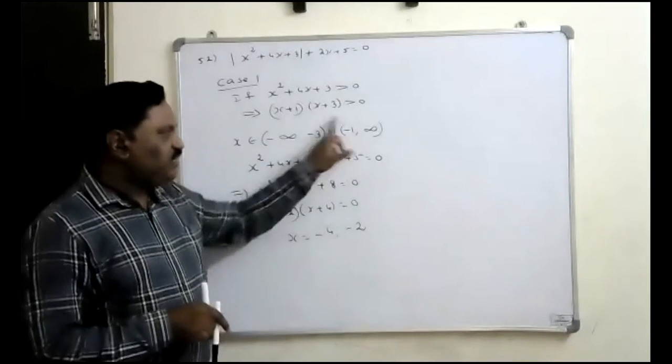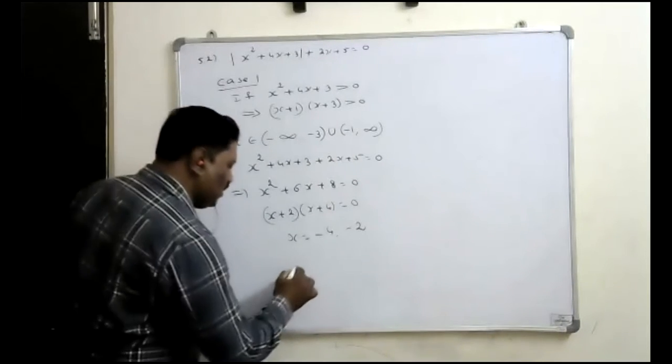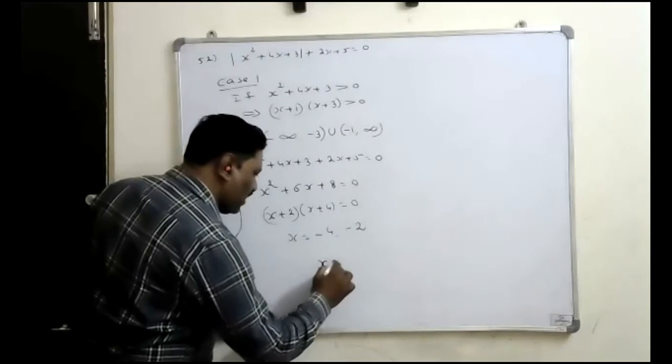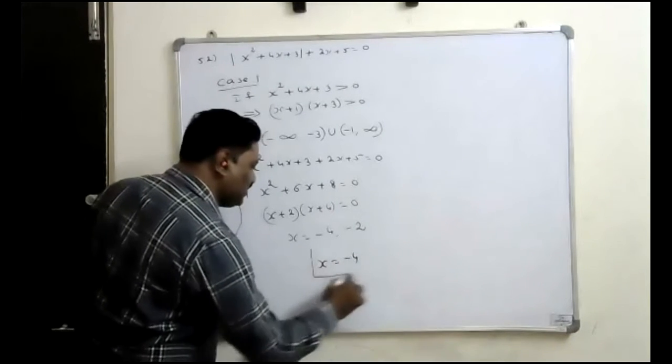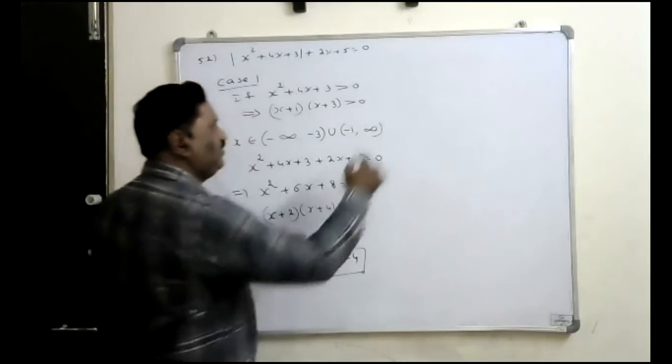That's why the values in between we are not taking. That's why you should not take the minus 2. Therefore, the root x is equal to minus 4 only we can consider. So in this case, we got only one root. Then second case,